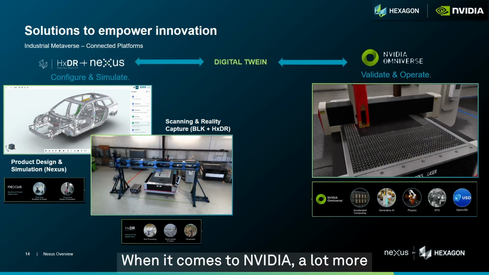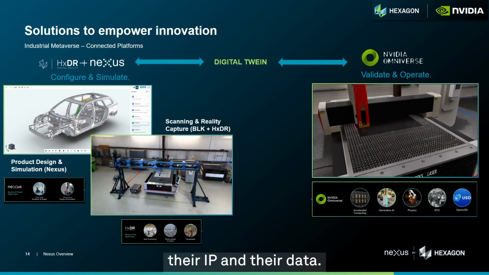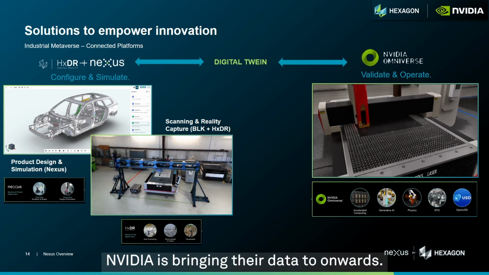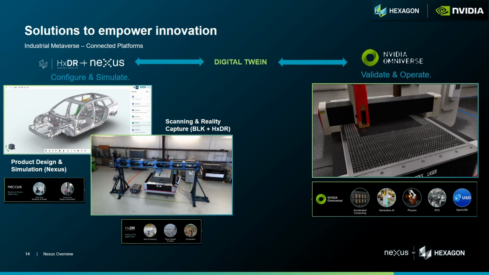When it comes to NVIDIA, a lot more focus goes on visualization. As you can see here, on the left-hand side is really where Hexagon is bringing their IP and their data. And on the right-hand side is where NVIDIA is bringing their data to Omniverse. So the idea here is that